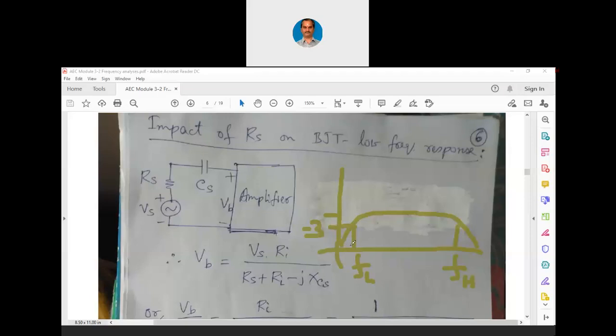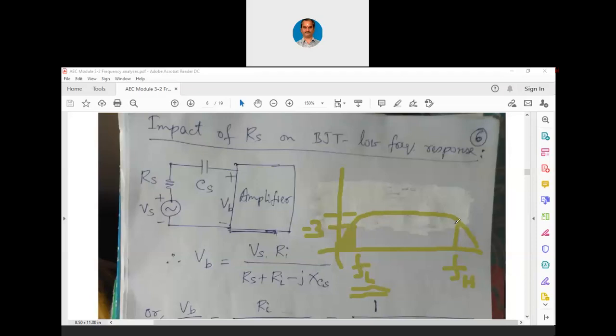So by looking at this curve, you can understand that whichever value we get below, let us say in the shaded region, that is of no importance for us at all, because from 0 we start counting the frequency at which we get a gain of 3 dB less than the maximum gain here, right? So that is what is FL. Now whichever capacitance is deciding this particular value of FL, that will be the dominant capacitance. So we should be careful when we choose these capacitor values. We are not choosing them randomly or as a fancy. That was the point which I wanted to revise.